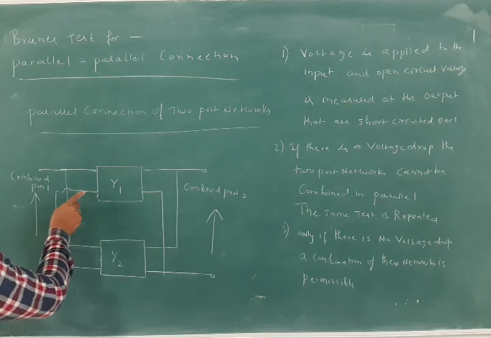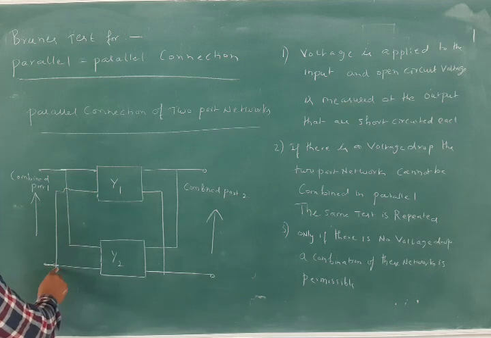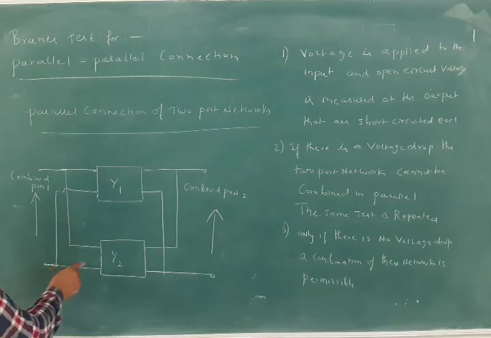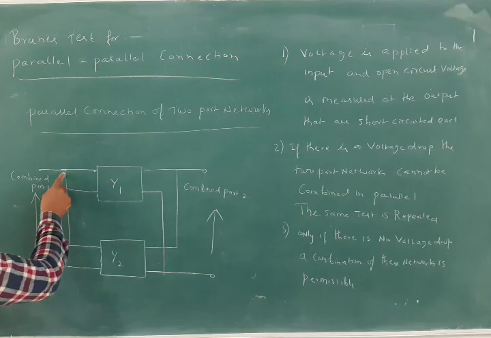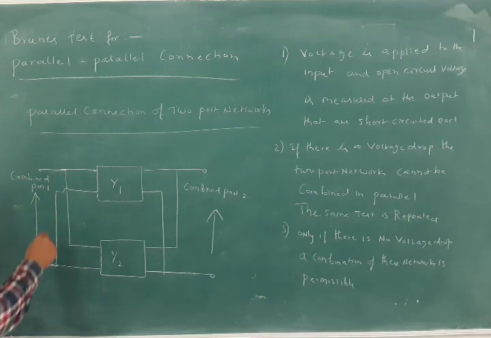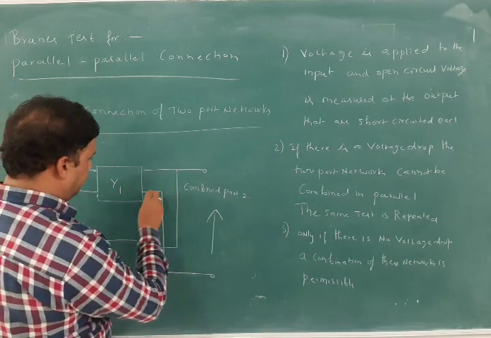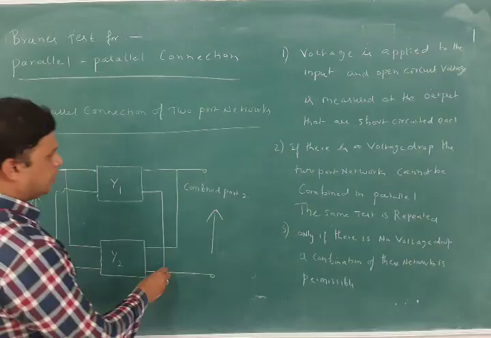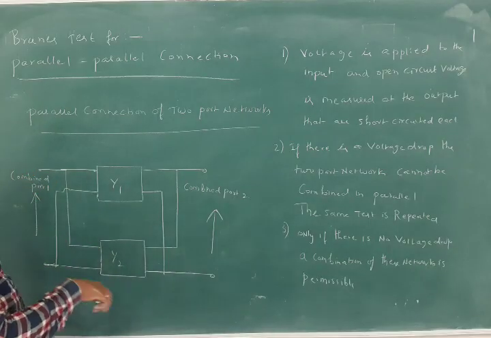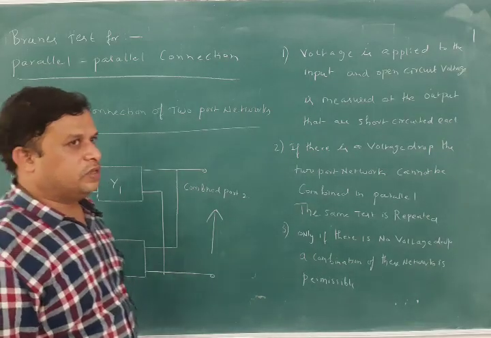From this port terminal you are going to this terminal. So you can see this interconnection, and from this you are going to this particular two port network. Here also you can see that this is connected parallelly to this particular network, and this is also connected parallelly. So we can have this network diagram like this after combination of these two ports.